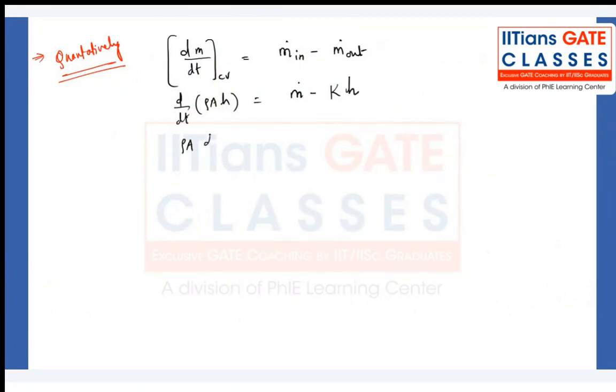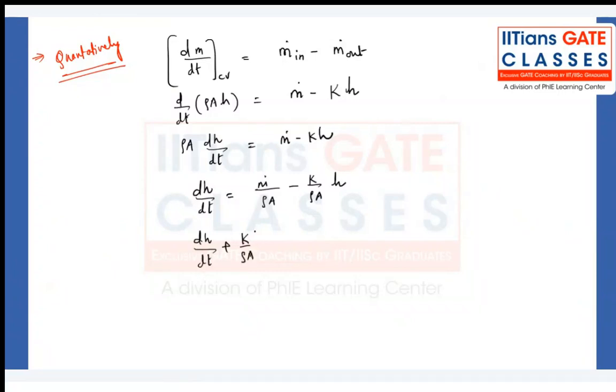Understand? Rho A into dH by dt equals mass flow rate minus K into H. Again we can write dH by dt equal to mass flow rate by rho A minus K divided by rho A into H. Now we can write dH by dt plus K by rho A into H equals mass flow rate divided by rho A. When you compare this equation with dy by dx plus Py equal to Q, which you might have studied in mathematics,